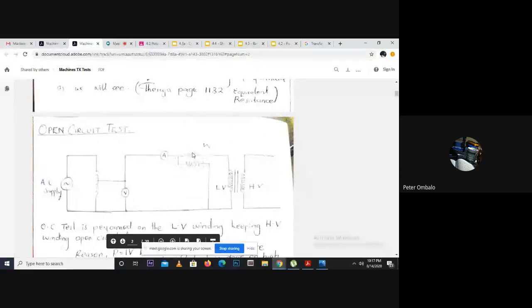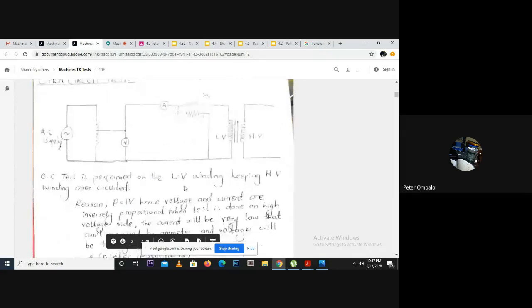Okay, so open circuit test. What exactly is an open circuit test? The open circuit test is normally performed on the low voltage side of a transformer, and then the high voltage side of the transformer is left open. So the test is performed on the low voltage winding, and the reason for that is because